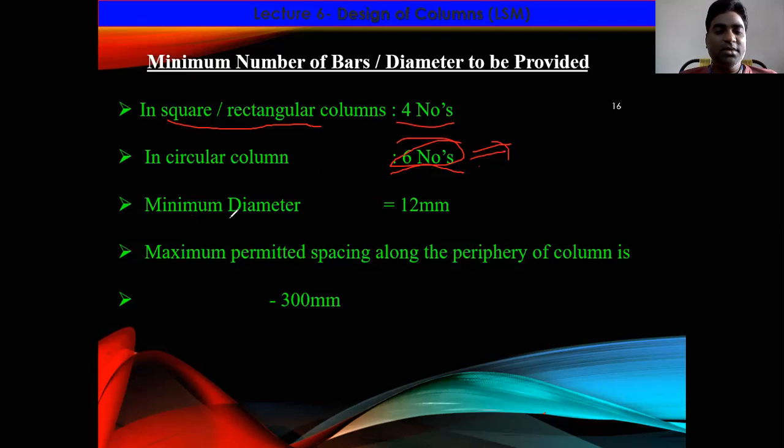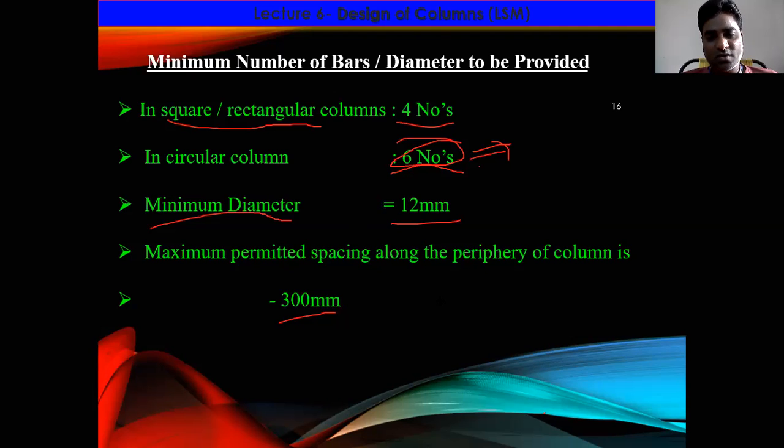And the minimum diameter is given in the next point. The bar shall not be less than 12 mm in diameter. The minimum diameter of the longitudinal bars is 12 mm. And the maximum permitted spacing along the periphery of the column is 300 mm. That means,